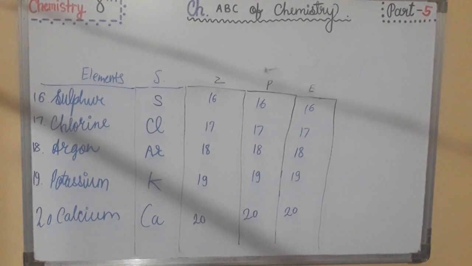Significance of atomic number. Atomic number can be used to identify an element. It tells us the number of protons in an element. The unique property of an element is its atomic number. Hence, we can convert one element to other by changing its atomic number. Further, atomic number can be changed by bringing change in the number of protons. I hope you have understood everything till here.